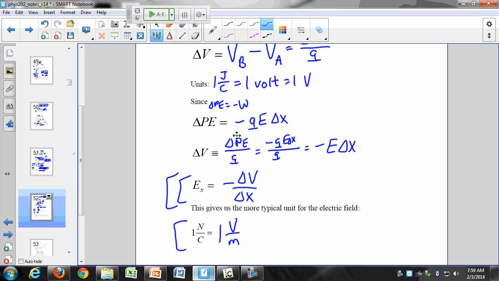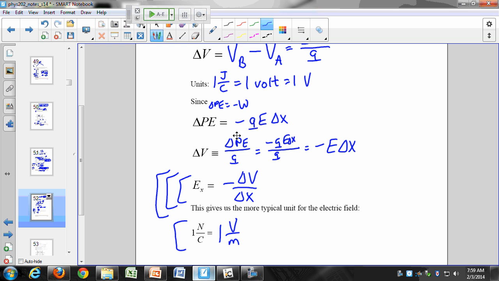All right, y'all hang on. I know this is kind of dry, and not all of it we'll come back to. I'll go back and show you the things that you'll need to focus on. But this relationship will come up later as well when we describe the potential in terms of the electric field.